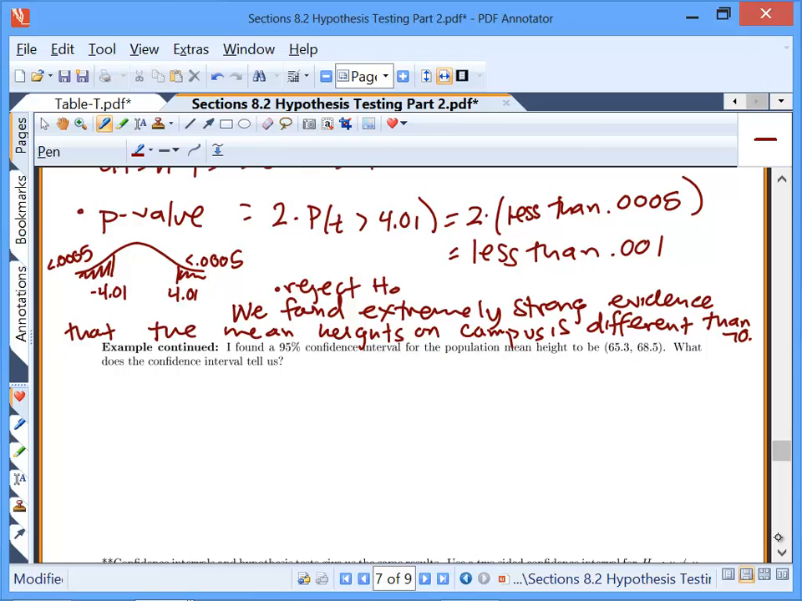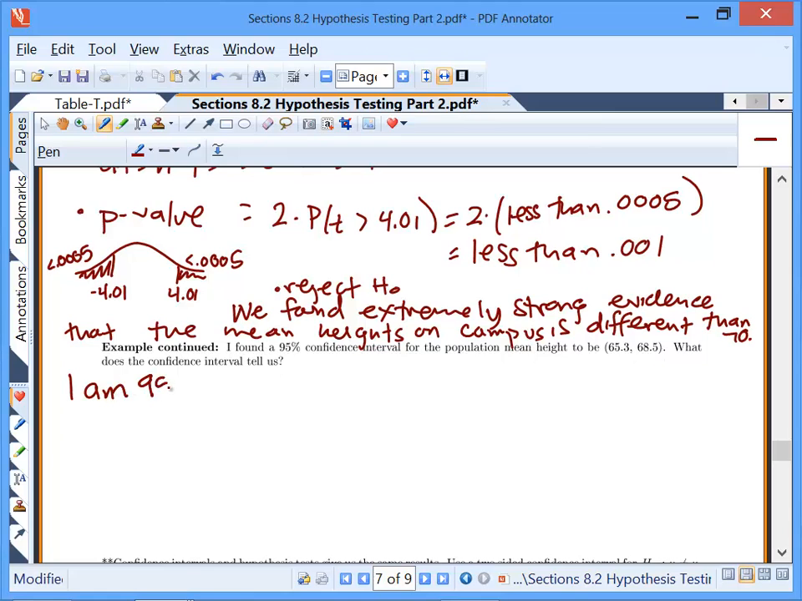Now, on my own time, I looked at this, and I found a 95% confidence interval for the population mean height to be 65.3 to 68.5. Okay, now what does the confidence interval tell us? You remember these interpretations, so this is a good review for the test. I would have said something like,